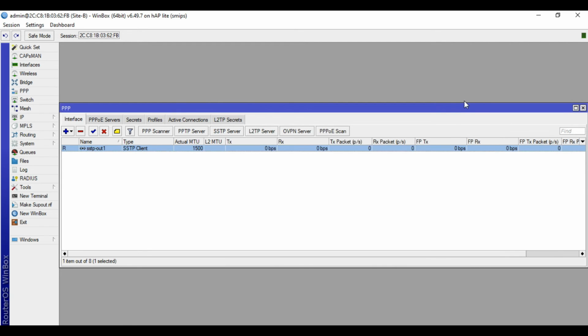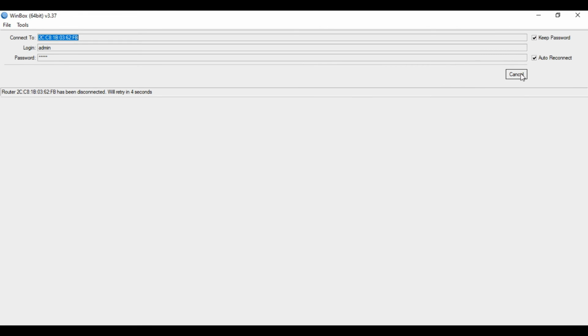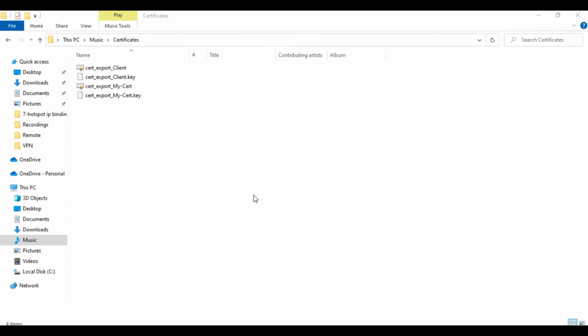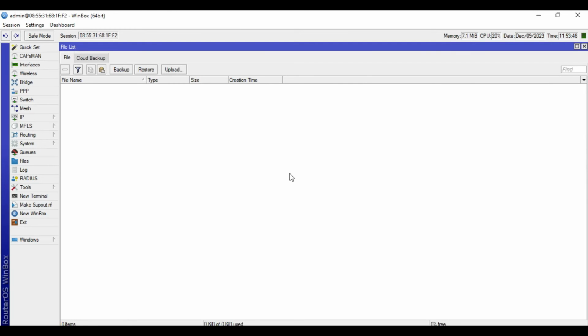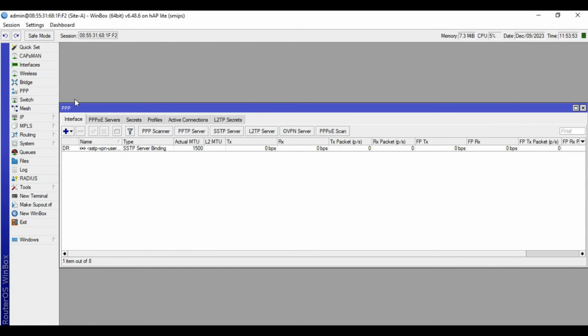Let's access the VPN server and change the SSTP server setting. So when I go to my VPN server, go to PPP, then SSTP server.